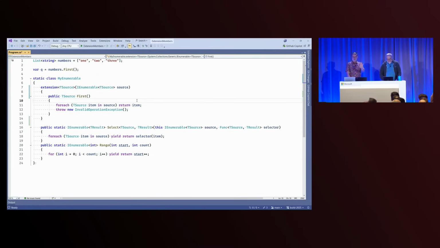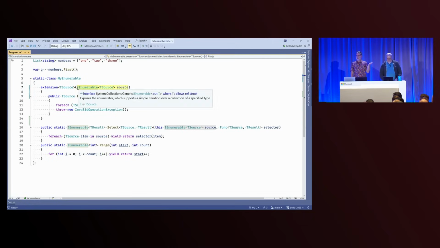But we're going to keep you in suspense a little longer while we examine how this actually works for methods. So we've got the receiver parameter up here, and it's important to be here because we do have other things we can do with this, and we want it to look like a parameter. One design choice we could have made is where it says source in the body of the implementation, we could have used the this keyword, so it looks more like an instance method. But we decided to keep the parameter syntax for that first parameter like we have in the old extension methods, because it's actually useful to treat it as a parameter.